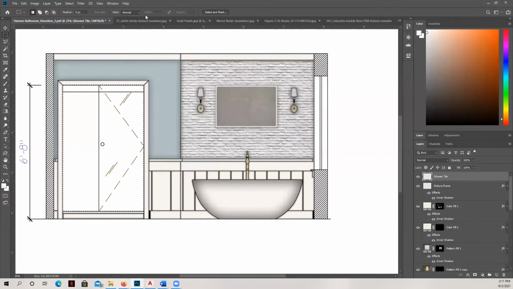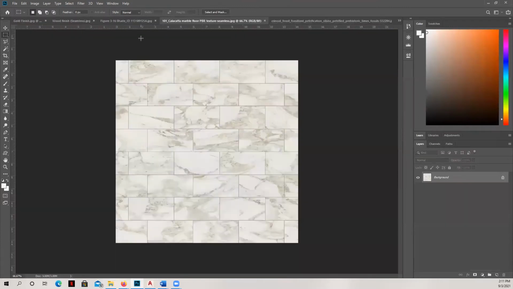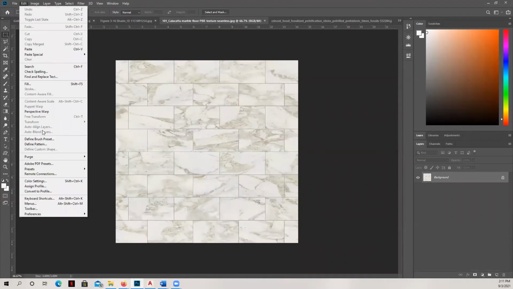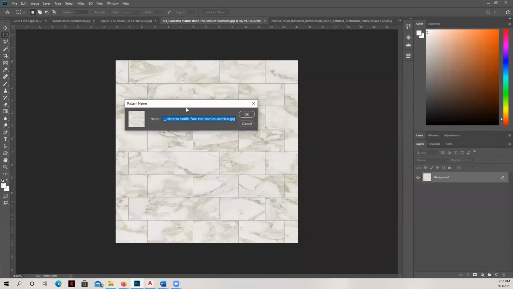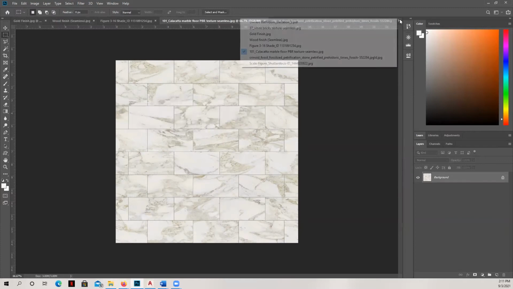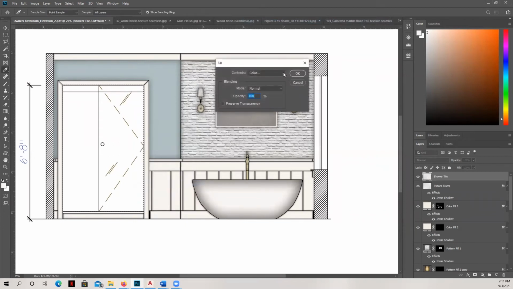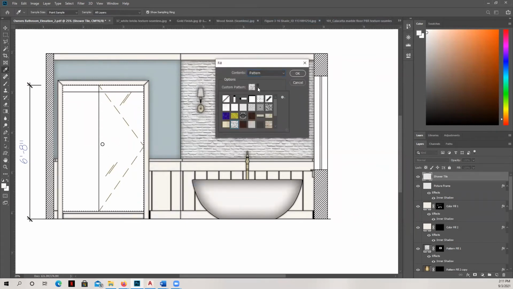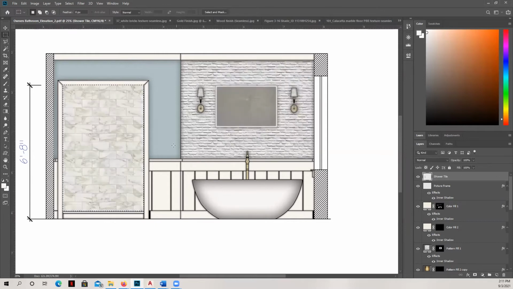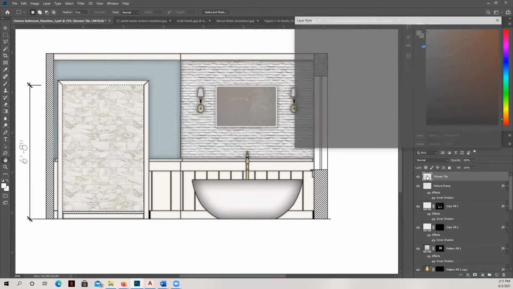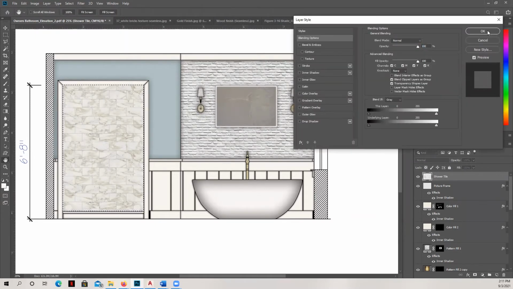Let me go ahead and create my pattern first. Hold on. This is what I'm going to use. Okay, so now what we'll go ahead and do is fill, and we will select pattern. And we should have that marble in here. Oh, we have to scroll down. I had it in there twice. That's why I didn't see it. So we'll hit OK. Now I can adjust the size of this to any size that I want, if I want to make it a little bit larger or smaller.